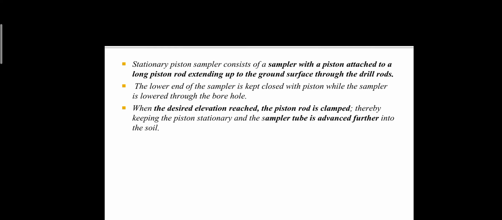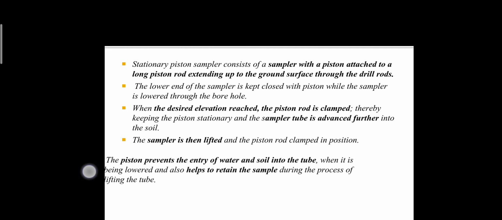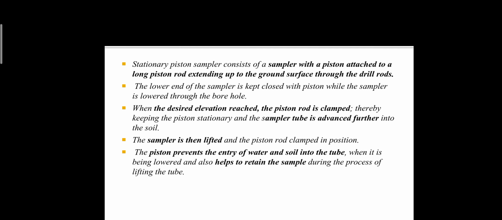After collecting the soil samples, you will release or pull the piston, so that along with the piston and the sampling tube the sample will be coming outside. Why the piston is used in this case is, again, to collect good quality samples, to collect samples in a gentle way or in a pushed way, so that we can get undisturbed soil samples. Also it will help to avoid the collection of samples along with the water.